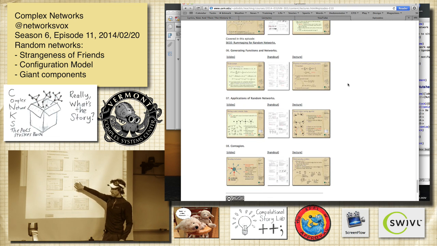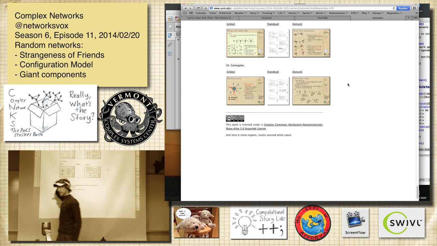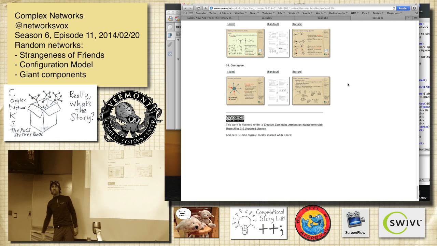This I have to improve. The applications around... I mean, it's there, but we might talk about that. I might leave it for a while. And then contagion. So this is all connected. Generating functions will help us here in certain ways. In certain ways we can do things kind of simply, actually. So we'll come back to that later on when we talk about mixed random networks.